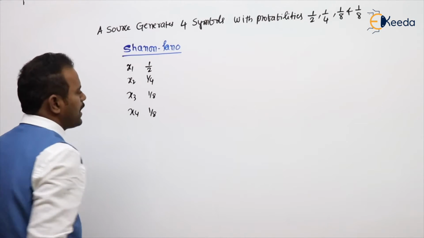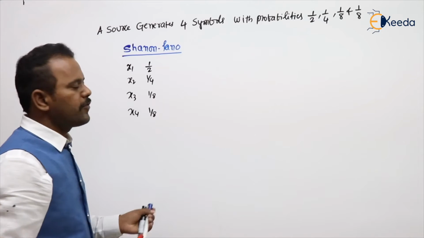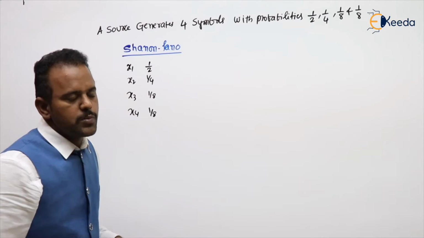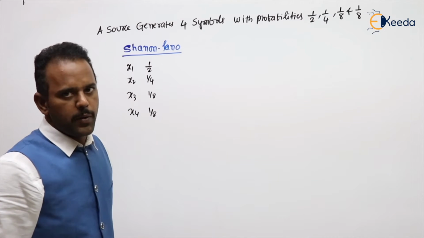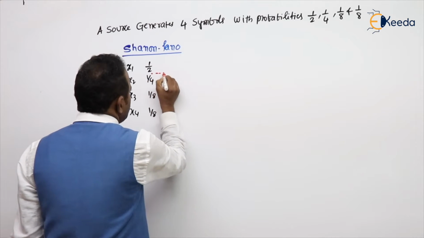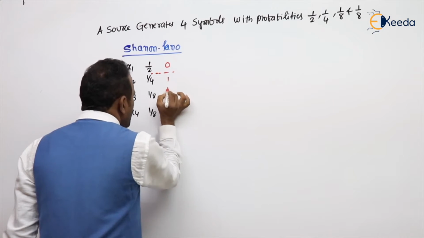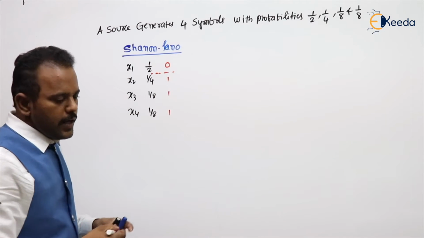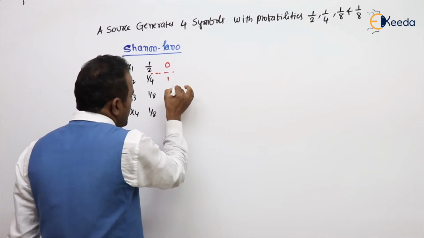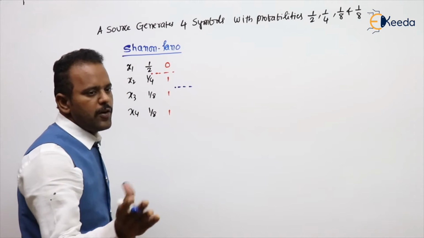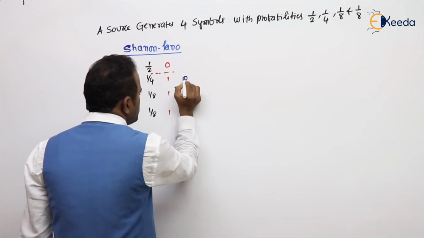After writing them in descending manner, what we need to do is, students, try to make a half division. If exactly not possible, go for approximate. Of course, here exactly possible. Approximate, in next further problems, we'll see. So make half division. After making half division, above is 0, below is 1. Above we are having only 1 symbol, okay, leave it. But below we are having 3 symbols. One more time, go for half division. Total here is 1 by 2, so half means 1 by 4, another 1 by 4. Above is 0, below is 1.